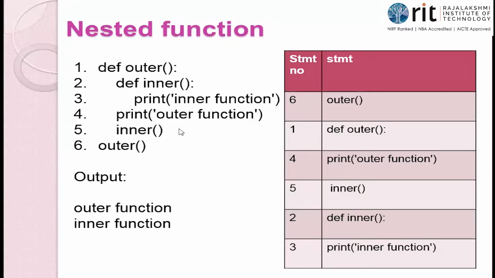Okay. So the example is just a simple example. I did not perform any computation here, just a print statement placed inside the functions. I've given the names inner and outer so that we'll have a better understanding of the outer function and the inner function. So when you look, there are 6 lines in the program.